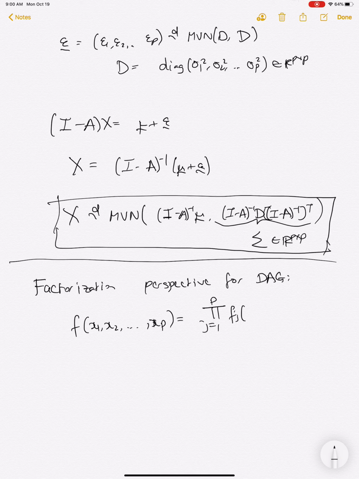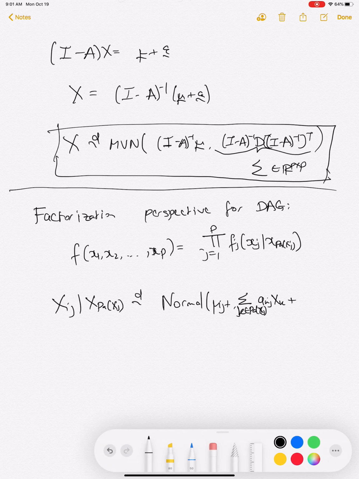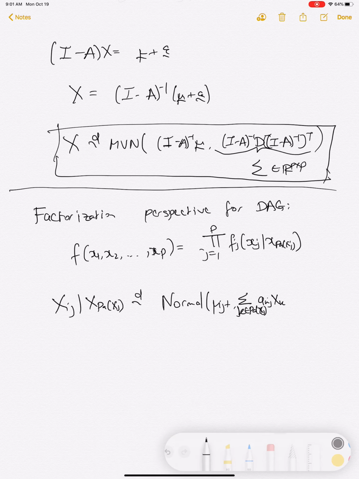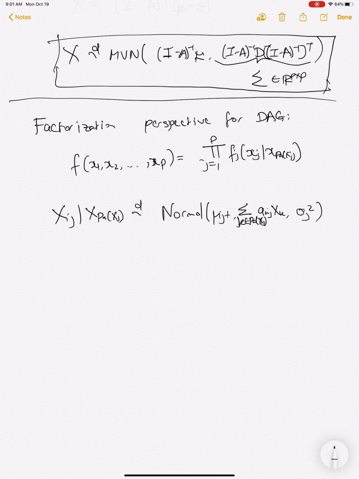So we know that for a DAG, we can write the factorization in this form, and then also, as we saw earlier, the way that structural equation models are defined naturally lends themselves to DAGs, because they're defined in terms of their conditional PDFs where you condition on the parents, and so we know that this is the form that we saw, and so clearly we have that f j of x j is equal to